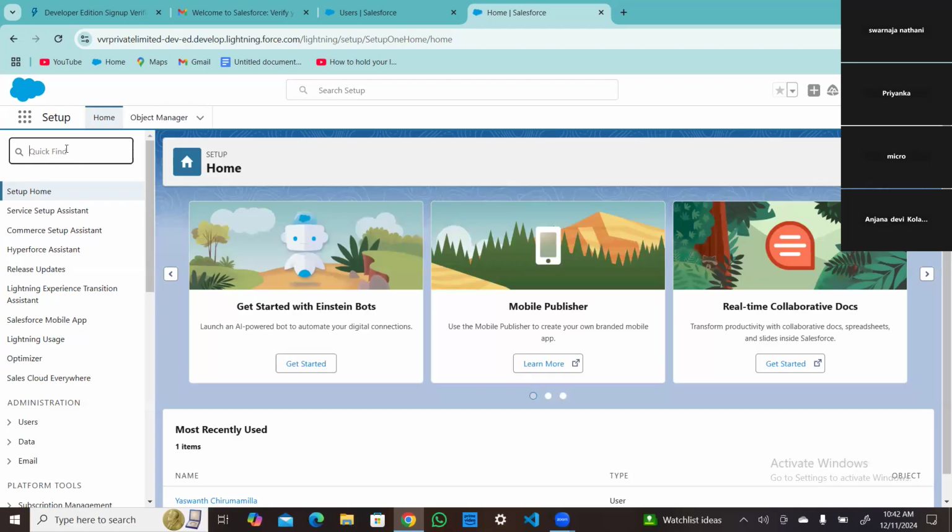App launcher, setup, Teddy icon. These three are the major important icons that you have to remember even in your sleep. Without remembering these icon names, you can't move on the platform very quickly, guys. It will become very familiar to you. Just remember the names: app launcher, Teddy icon, and setup icon, the gear icon.